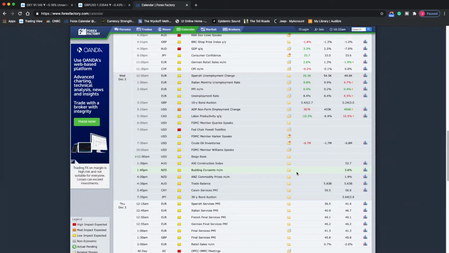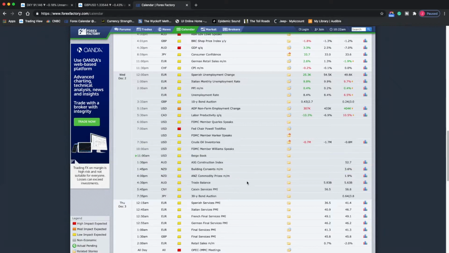It means that if the United States has a red folder and it's high volatility, and let's say the unemployment rate is doing really good, then guess what? We can probably expect the United States dollar to gain strength and go up. So having Forexfactory open is definitely a good website, as well as